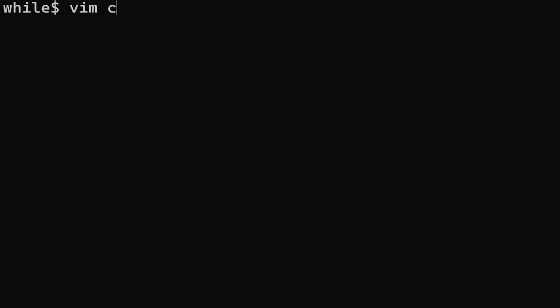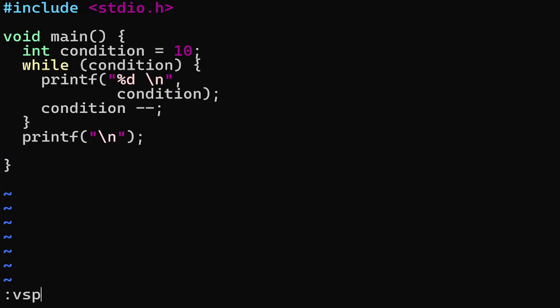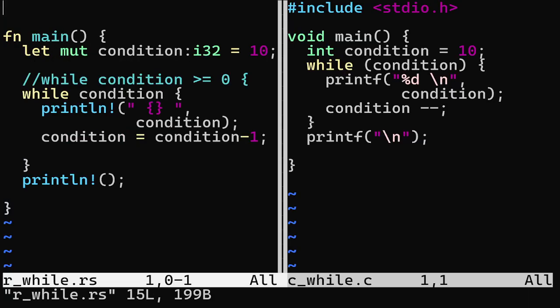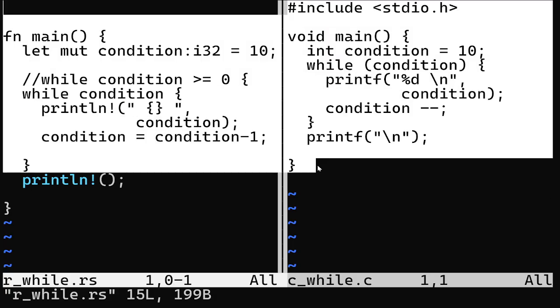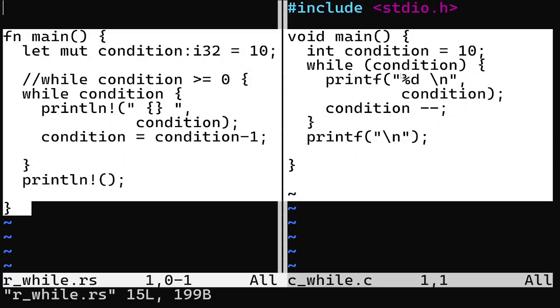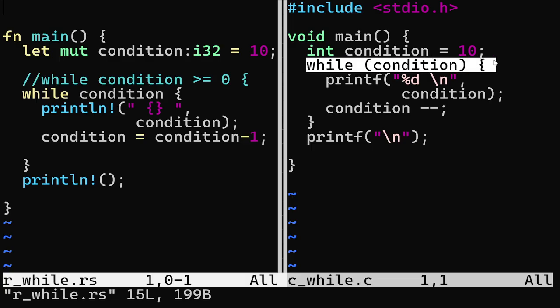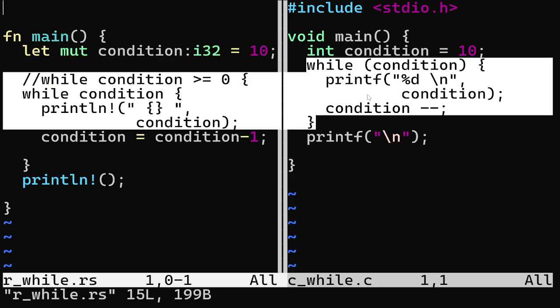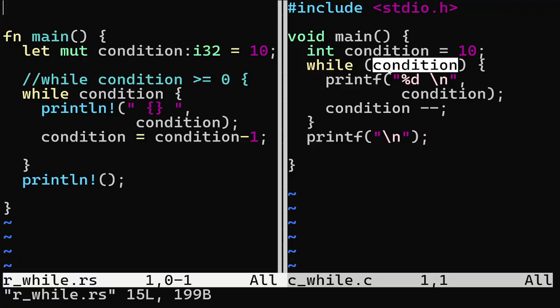The next very interesting loop mechanism we'll see is the while loop. While loops are very familiar to all the C engineers. Here the right hand side is C code and the left hand side is Rust code. While loops are basically designed to repeat while a condition is true and are particularly useful when the repetition count